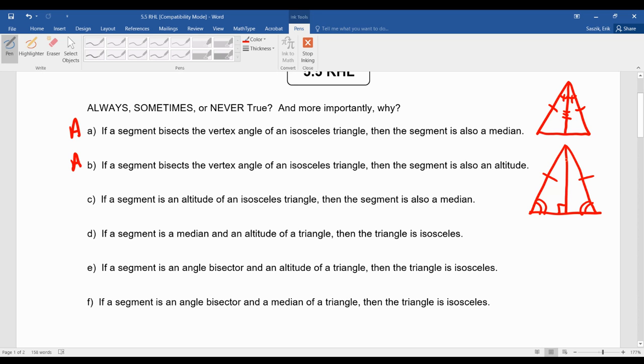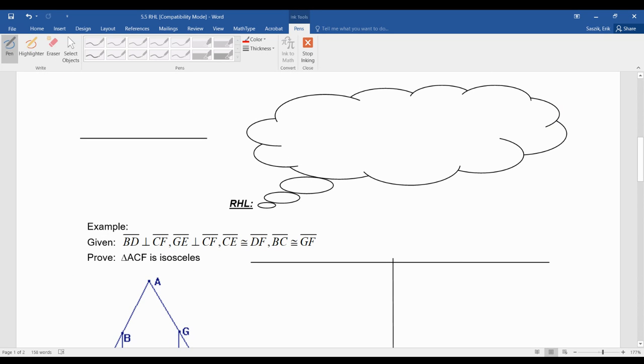We didn't necessarily have to draw it this way. What happens if it just said if a segment is an altitude of an isosceles triangle? Well, that altitude could be to the leg. You see? Is that altitude? It doesn't say it has to be from the vertex angle. Clearly there, it's not going to work. So this would be sometimes. Okay, I'm going to let you guys mess with the other ones. These are angle, side. It's good practice, though. Okay. Sorry, I said angle, side. This is always,